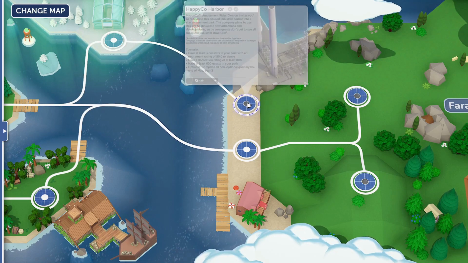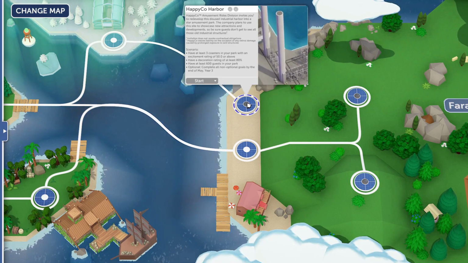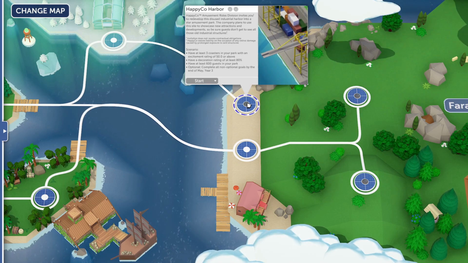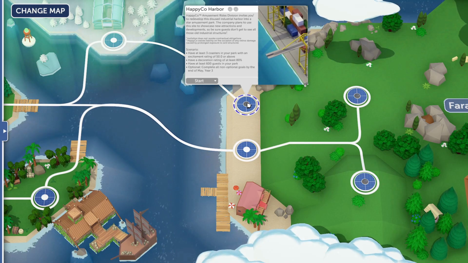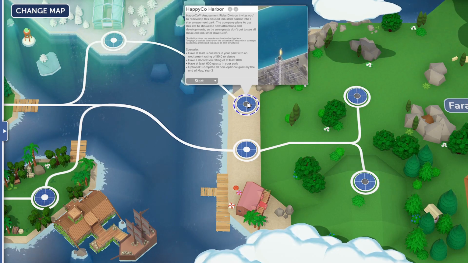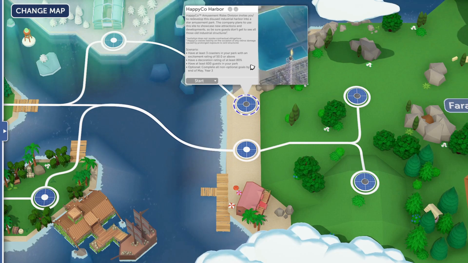In today's episode, we're going to be venturing off to HappyCo Harbor. So it looks like the votes were pretty high on this one, so we're going to jump into this crazy map. Again, this is one of the more unique maps out of the campaign. It has this bad decoration thing you have to kind of get over, but the description reads, HappyCo...